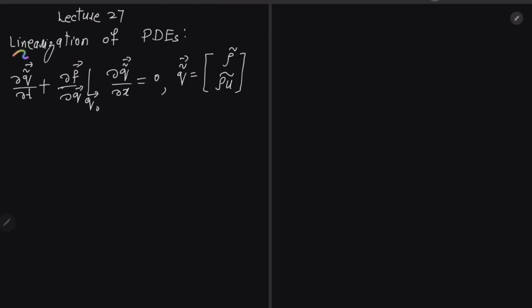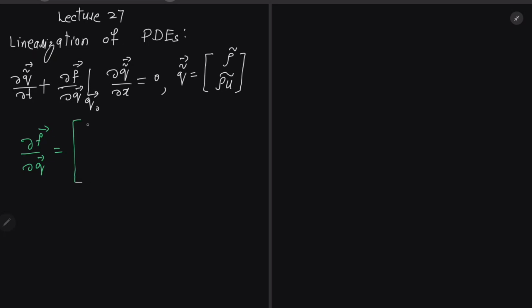We talk about the linearization of partial differential equations, and in the previous video you saw that we reached the perturbed equation. So what we do now, we have to compute the Jacobian matrix first, and we know that the Jacobian matrix is partial f vector by partial q vector,